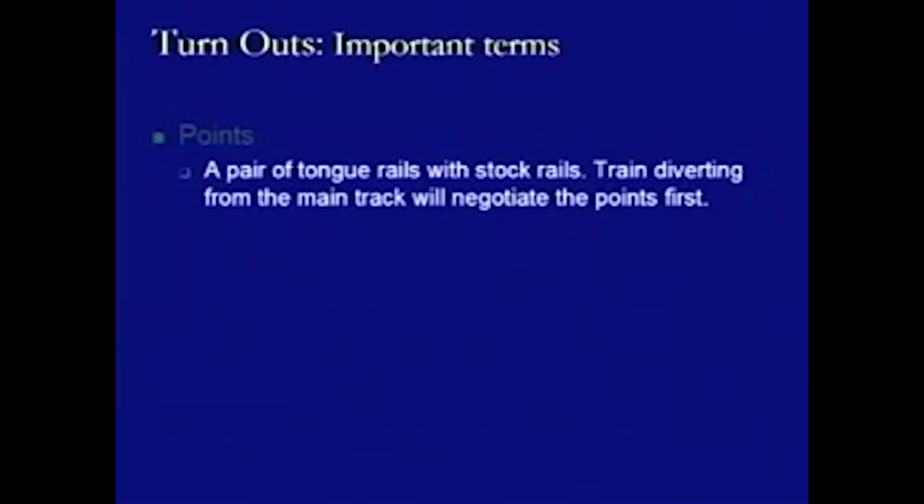Then points. Points is the pair of tongue rails with the stock rails. The trains diverting from the main track will negotiate the points first. So, this is what we have seen also. If a train is coming from a main track from the facing direction, then it will first of all be crossing the points and then only it will be coming to the crossing. So, that is why this is the first device or assembly of